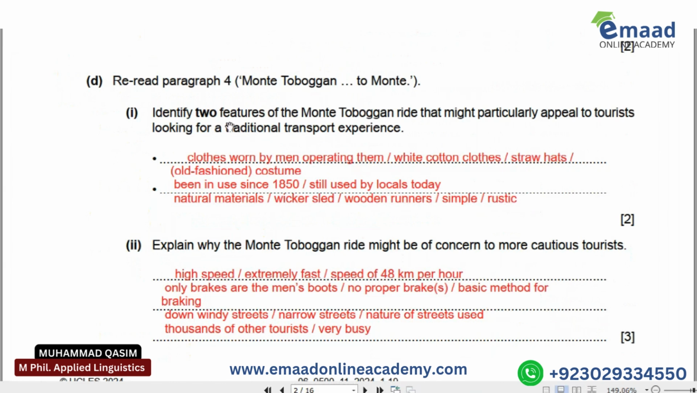Let's see now. Identify two features of the Monte toboggan ride that might particularly appeal to tourists looking for a traditional transport experience. So here are again two features about Monte toboggan. What type of it? So let's move to this text. If you see this one,